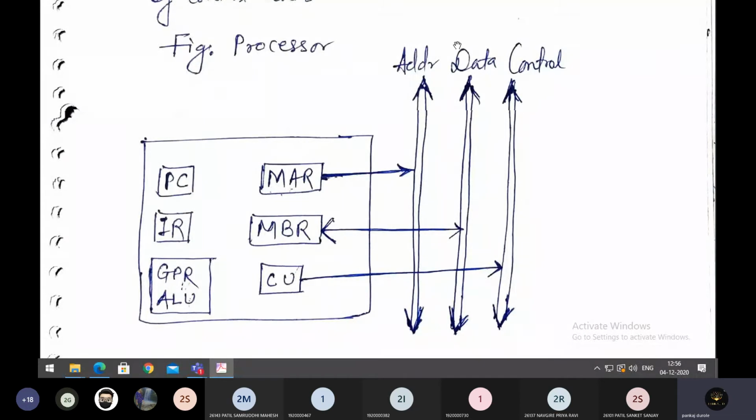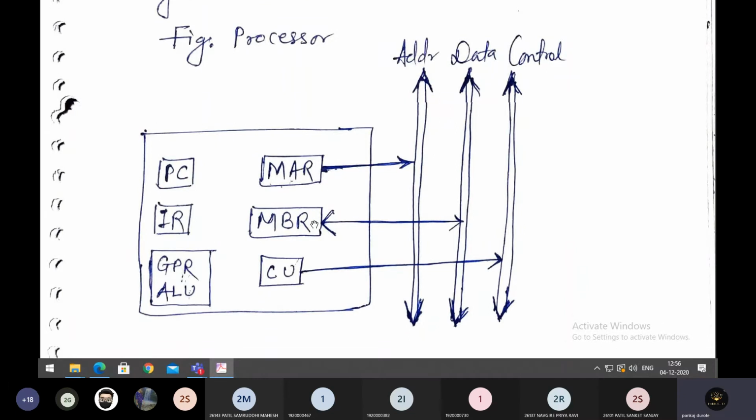Now with the help of this diagram, we will understand what the micro operations are. See, the very first micro operation is PC goes to MAR, right? Program counter goes to MAR.